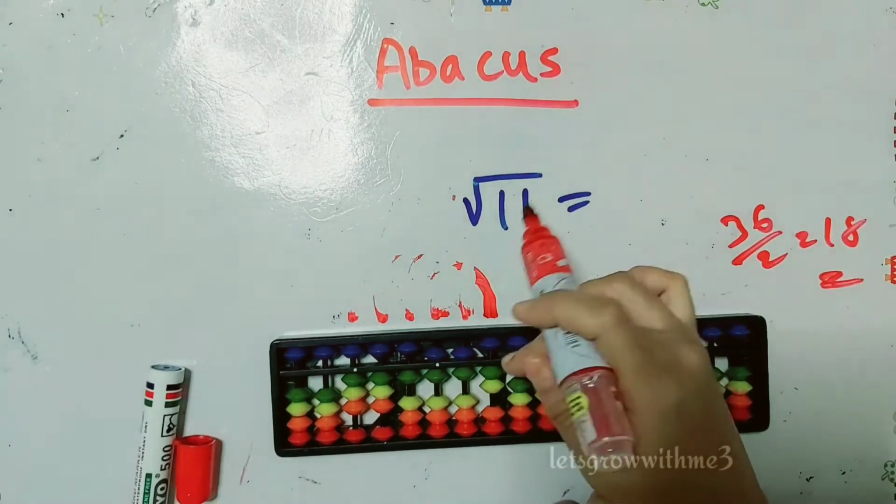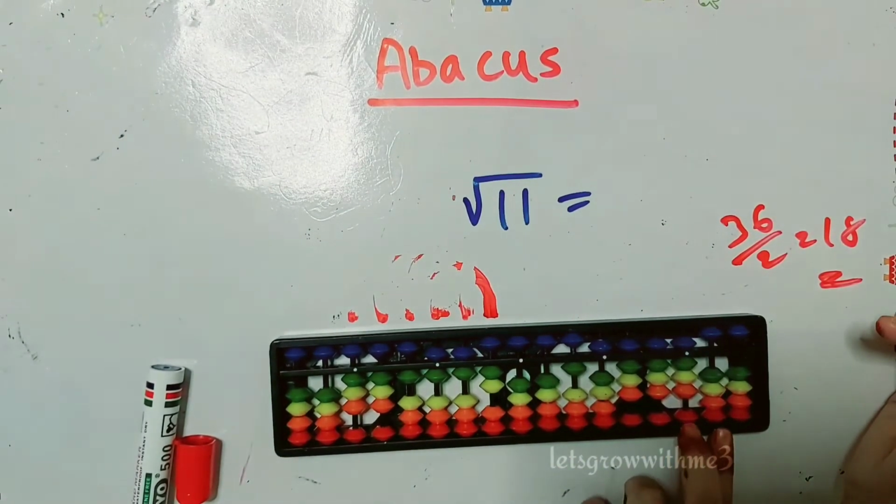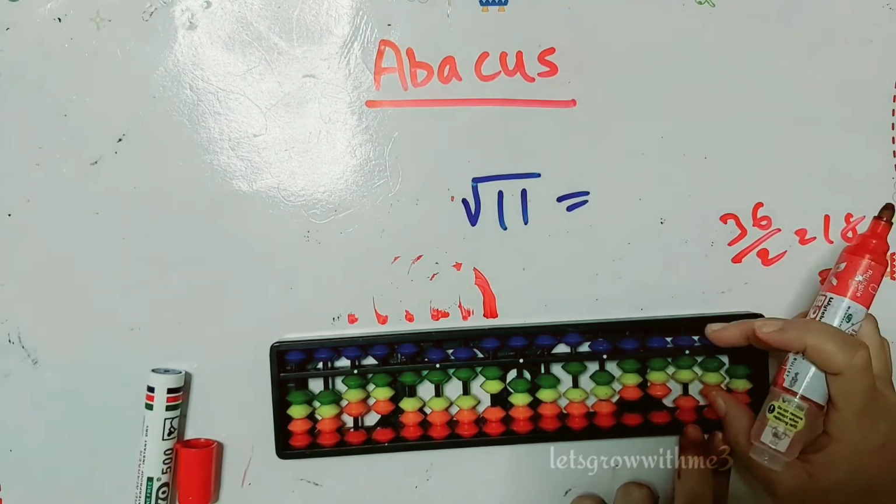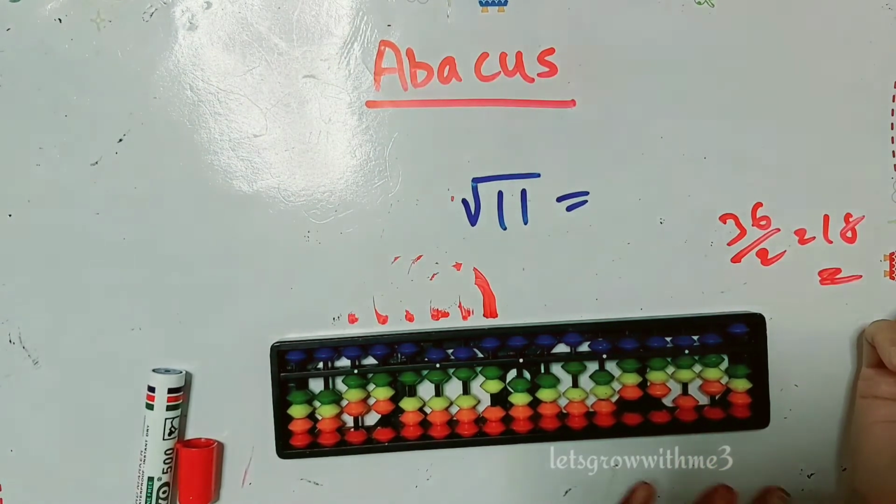So next one is our last digit, which is 2. So 2 times 2 is 4. So we must consider half of the 4, which is 2. So we need to subtract 2. So minus 10 plus 8.